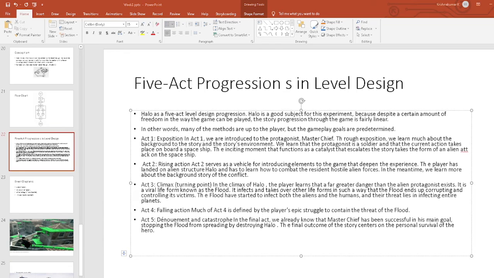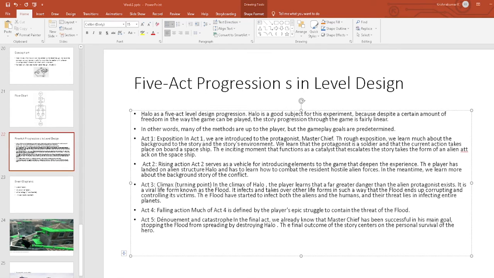It follows one after another, one act to another, so it is interconnected. First the particular person, the player, will be showcased, then the background story will be showcased, then the story's environment will be seen.